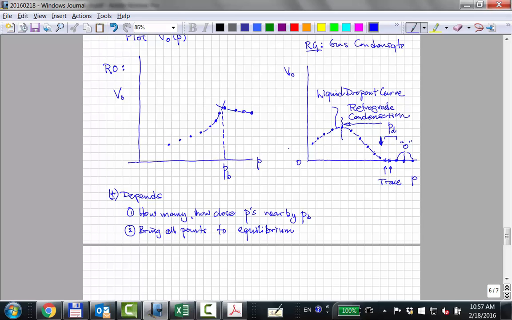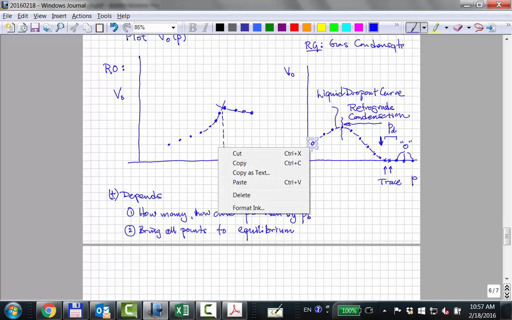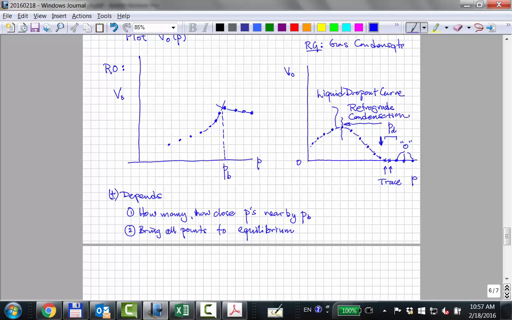Okay? You can use a calculation like your Excel program calculation, and what you might find is that you get to a low enough pressure. Basically, at very, very low pressure, it might start going down, but you're on a log scale. You're at 10 to the minus 6 psi. All the liquid disappears at the lower dew point. So realistically, this liquid volume will just hang in there. It might even be flatter than that. Okay, so that's